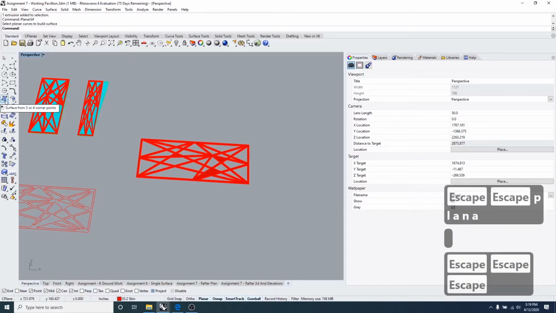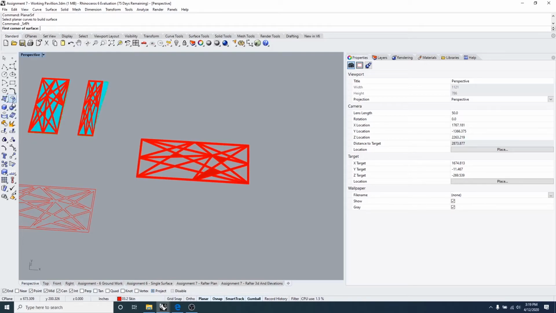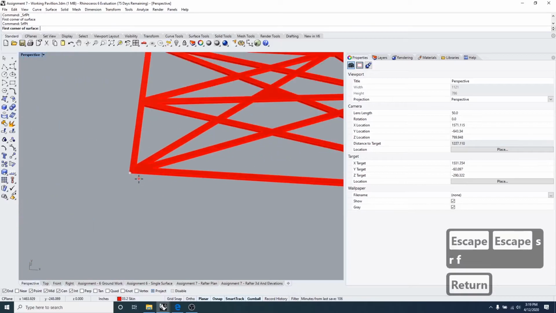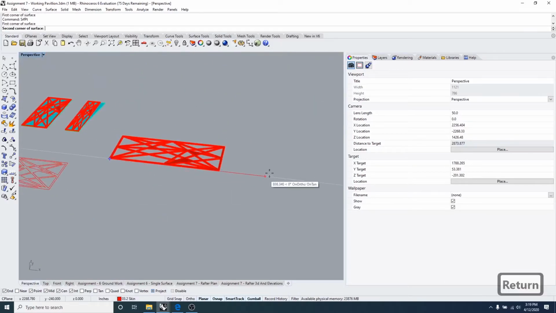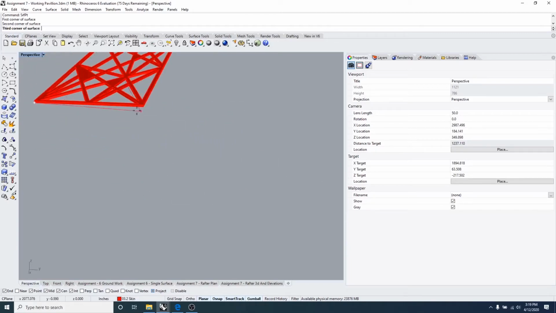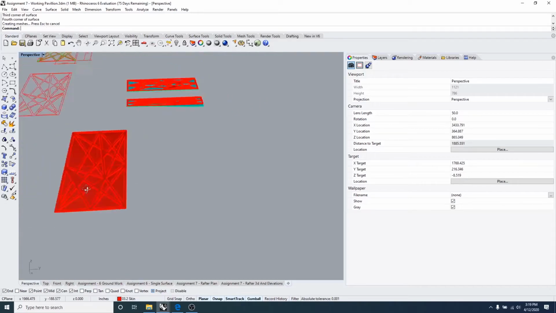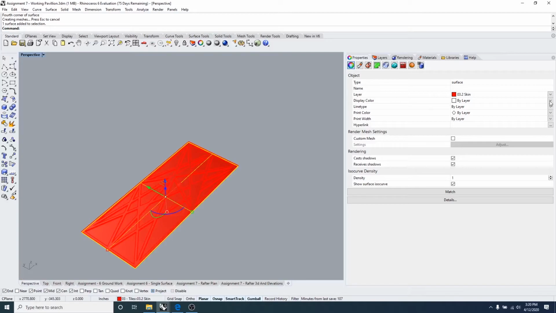The way you do it is by clicking on this button here, the surface from 3 or 4 points, or just type surface points, doesn't matter. Once you have that command, you're going to go around and just do a plane in here. That plane is going to be rectangular,